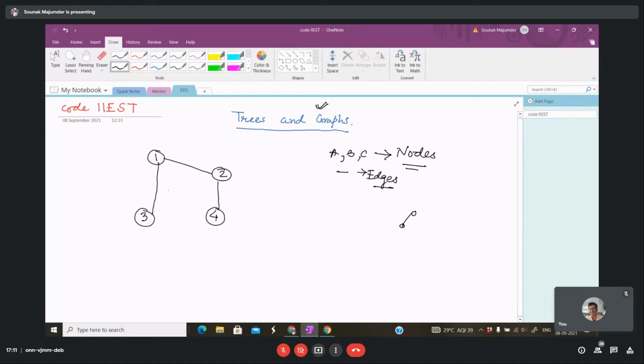So as you can see, this is a graph, say G. So when you denote a graph, you denote it using two sets E and V. This is how to represent a graph. So this is the representation where E is the set of edges